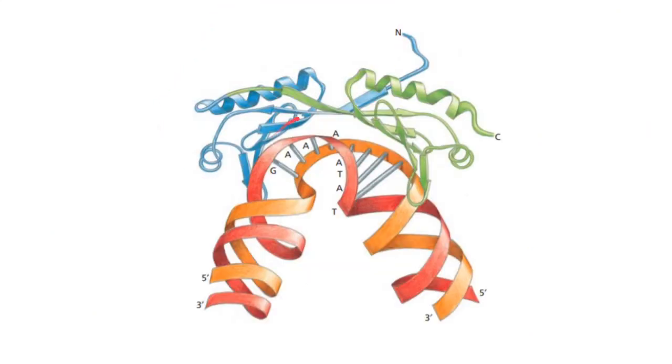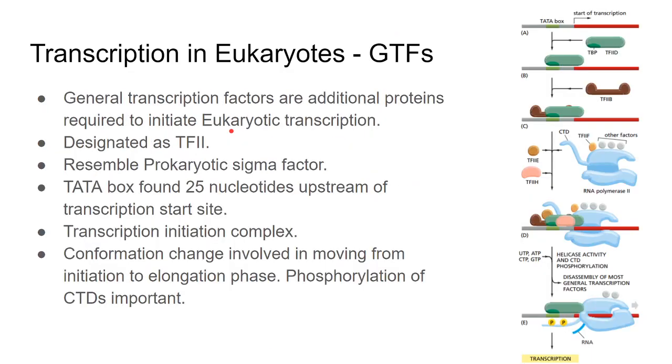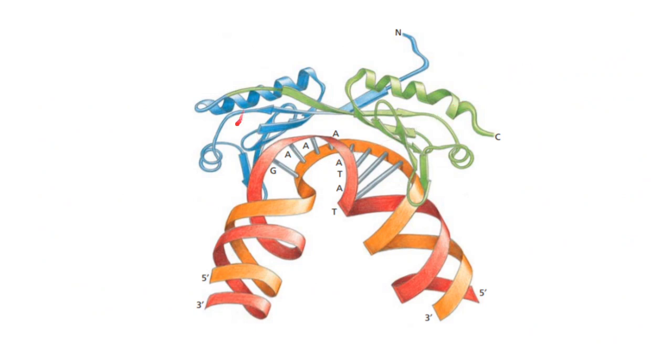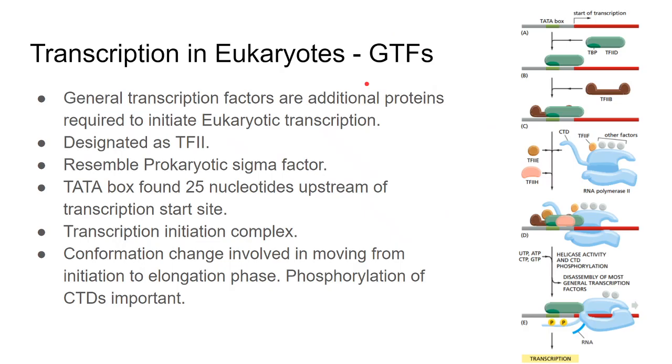Anyway, so this is what happens. So this is the TF2D, sorry. The TF2D is what first binds to the Tata box, and this entire thing is the TF2D. And TF2D is one long protein, and this particular TBP, so you remember TBP here, is one domain of the TF2D. So there's the TF2D big protein, and then you have a domain called TBP inside that protein.